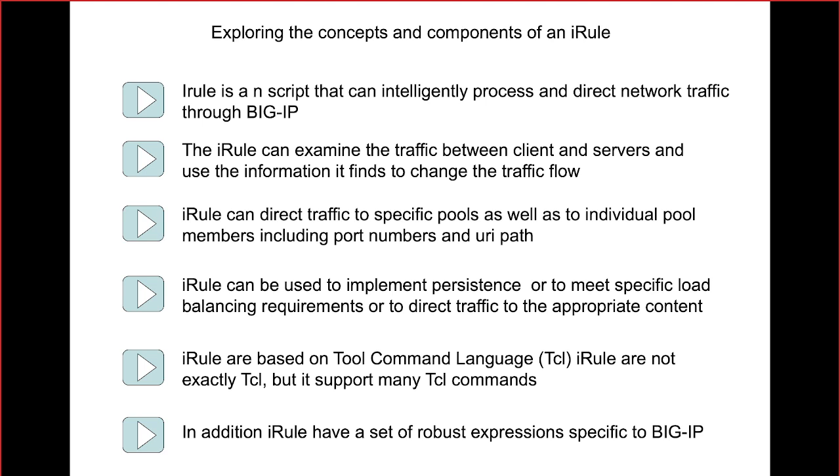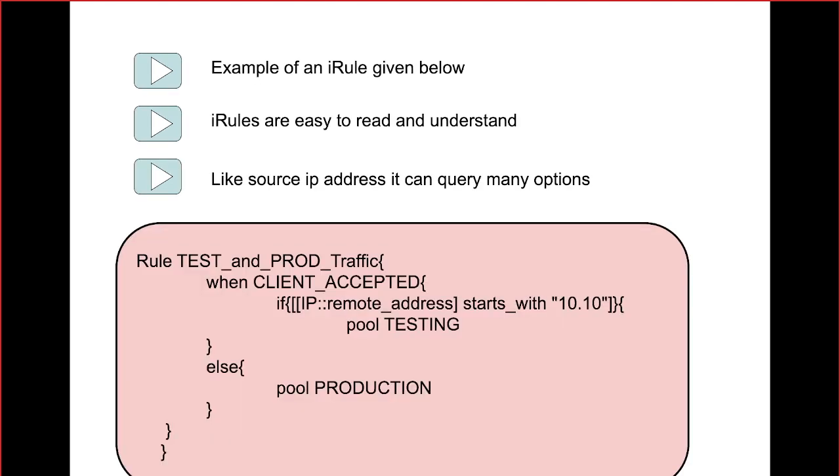Okay, right. So we know already iRules are based on TCL, but not exactly the same syntax. But it is a kind of TCL commands. We can use it within your iRule to configure a rule. In addition, iRule has a set of robust expressions specific to BIG-IP. Of course, it is using a TCL format, but the expressions and the conditions are going to be a little bit extra when it comes to F5. So we get complete control on inbound and outbound application traffic with the help of iRule. We can do that. Let's see how this is going to work.